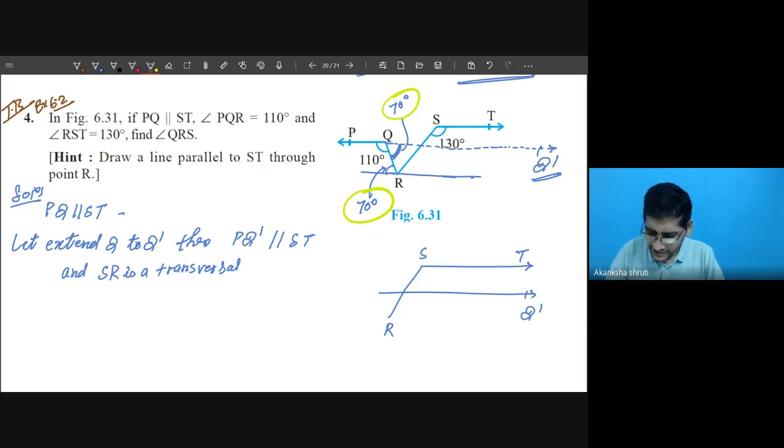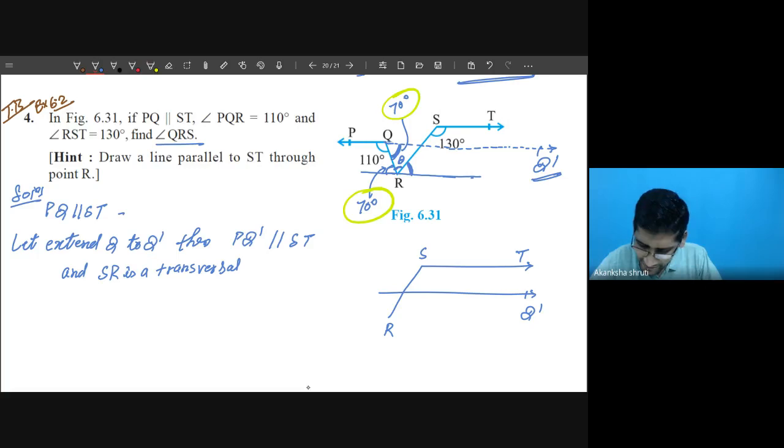Now, when this one is known, what other thing can be calculated, student? The other angle can be calculated. Student, here it is given that 110 degrees and 130 degrees. We need to calculate QRS. Where are our Q, R and S? This angle we want to calculate. So you may consider this angle as theta for simplicity of denotation. Now what can we write? This 70 plus theta plus this much angle equals 180 degrees, student. Now what is this much angle? How can we get this?